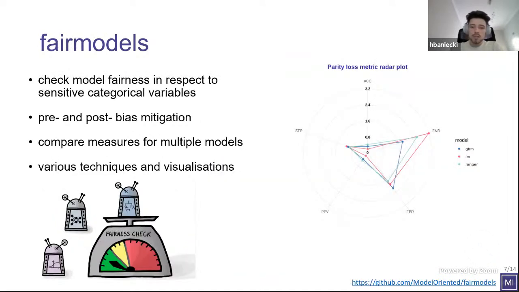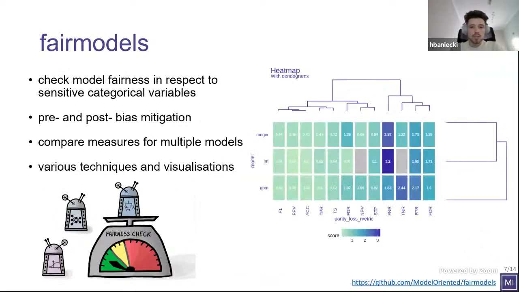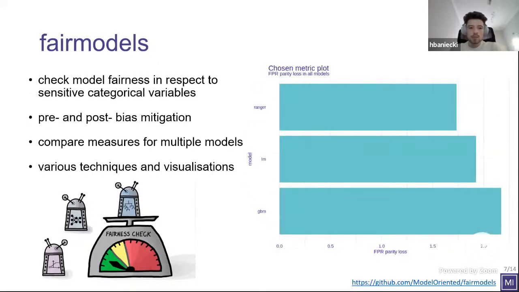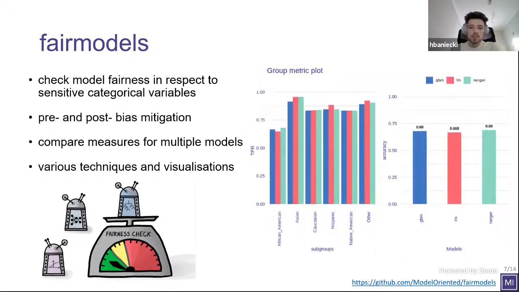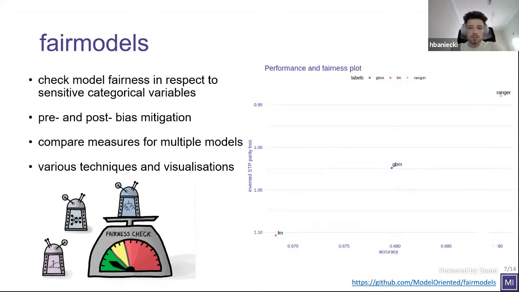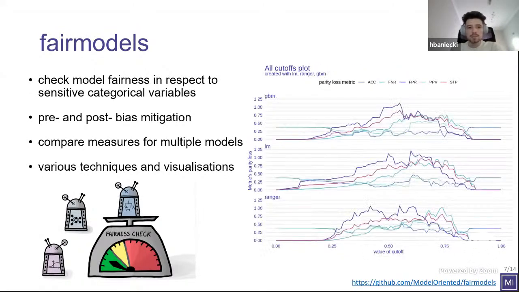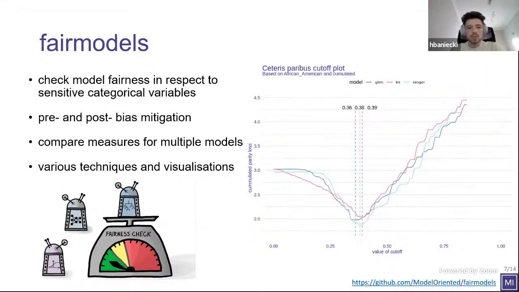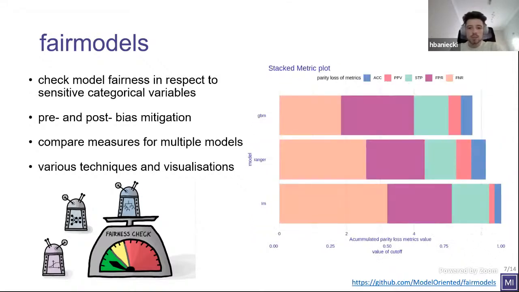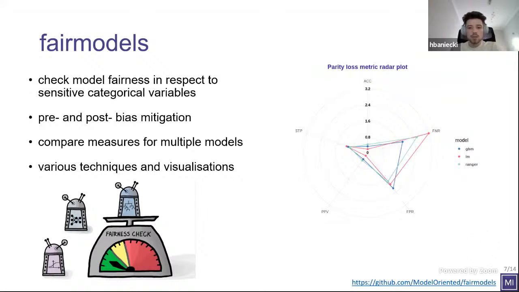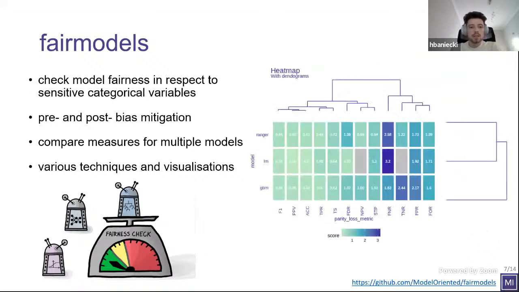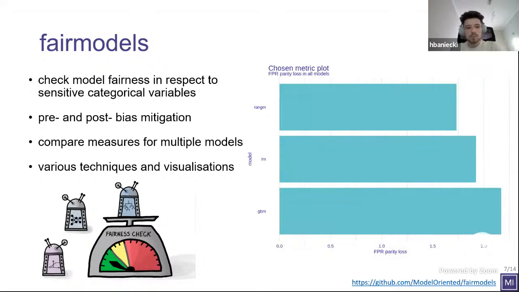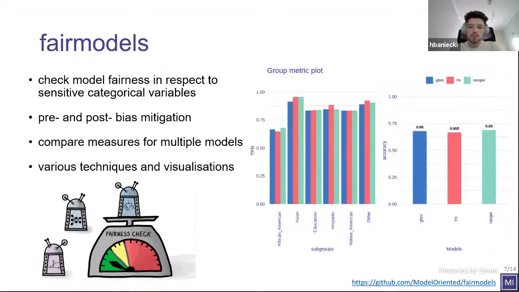So the next R package is the Fair Models package. Model fairness and model bias have become a hot topic nowadays. Governments talk about guidelines, laws, and regulations on AI. But also companies try to present their policies on data privacy, model accountability, and overall responsible AI. So here we have our answer to this precise problem. It's the Fair Models package.